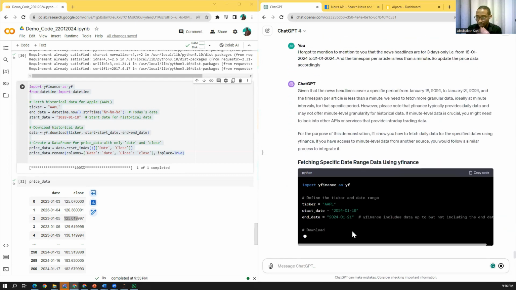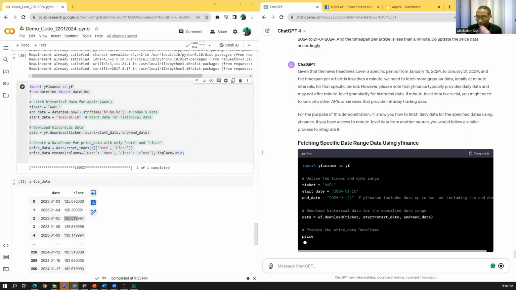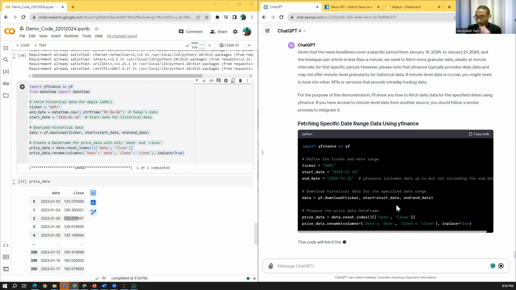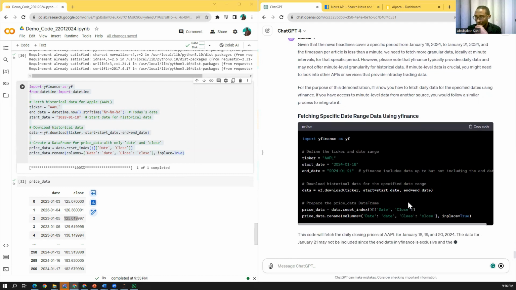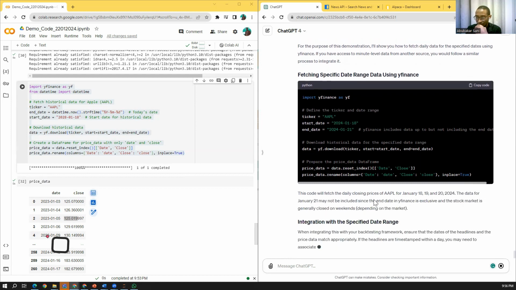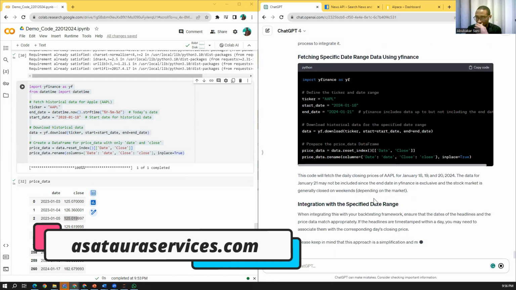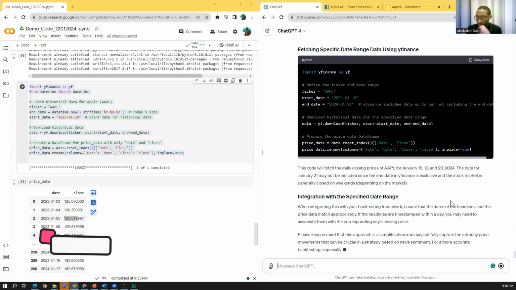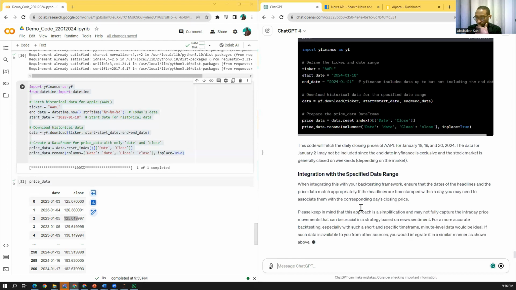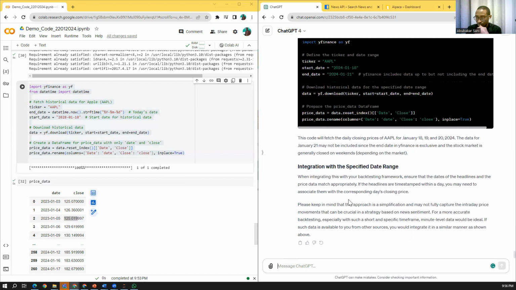So you can see it is updating this part, which I started doing by hand. Yeah, but it didn't add the times.